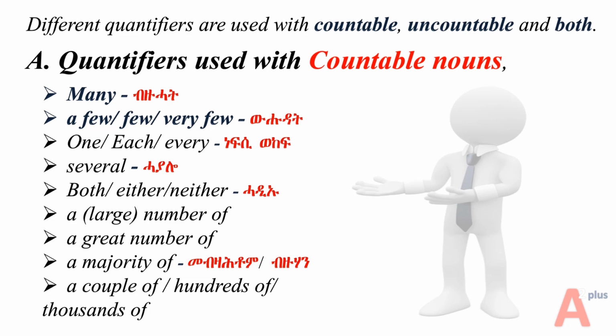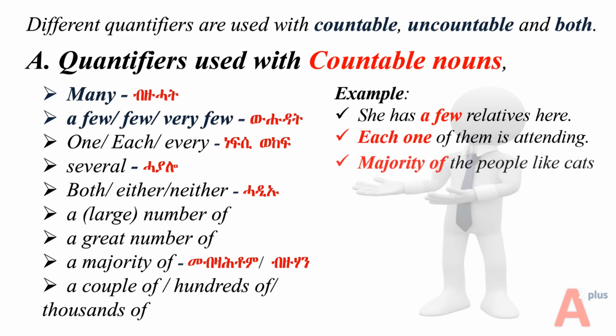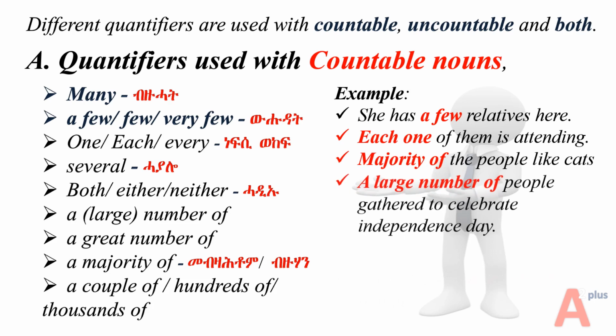The quantifiers used with uncountable nouns are much, as in how much money you have, how much time you got, how much water is left. Also a little or very little, a bit or a little bit of, a great deal of, a large